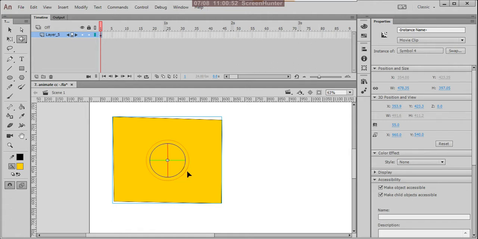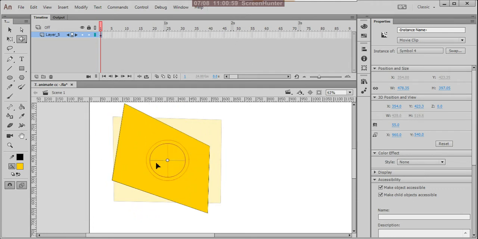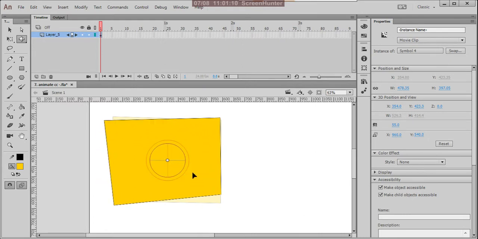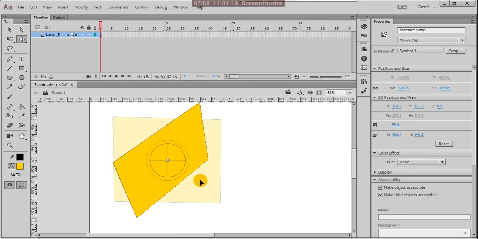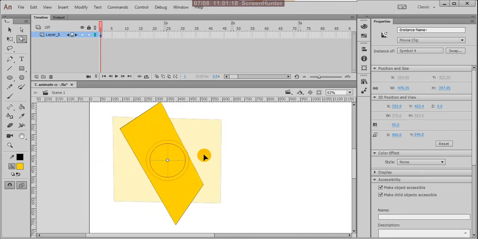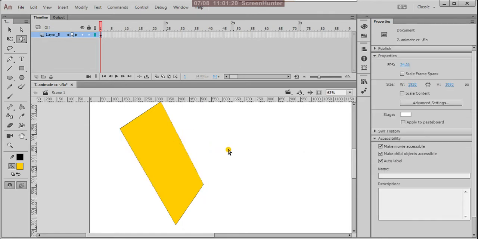And there is a red line. With this red line in perspective, you can freely move your shape object in that perspective environment. You are moving your object in freehand, in a free way.